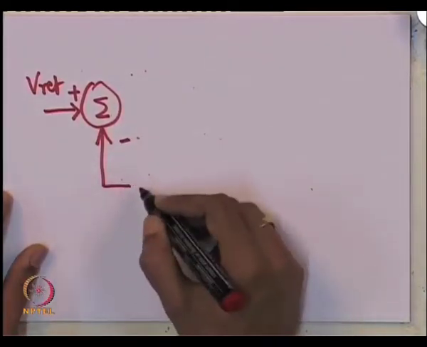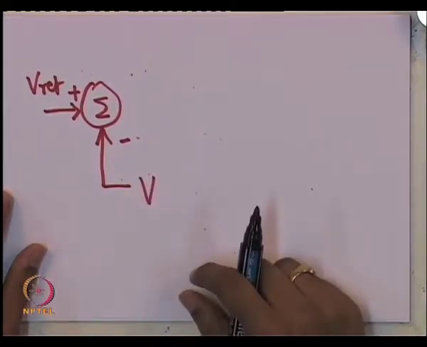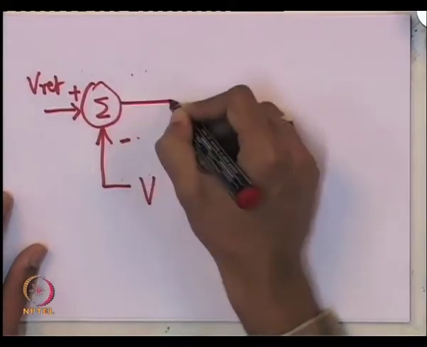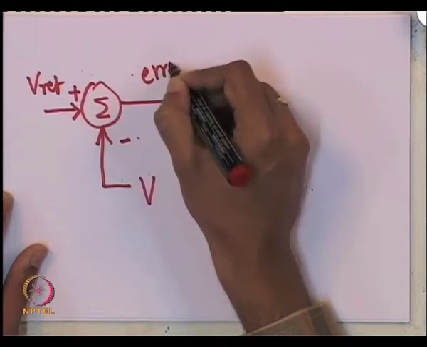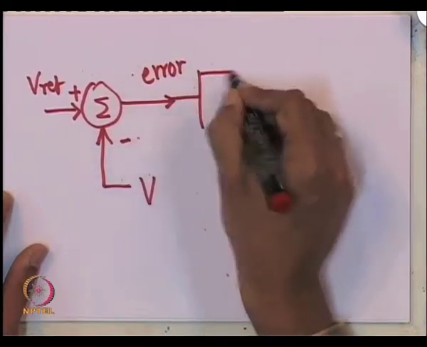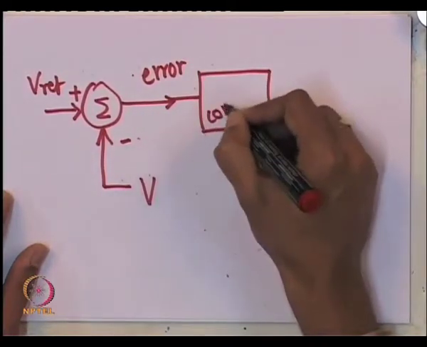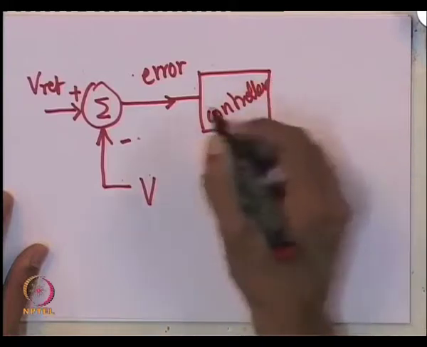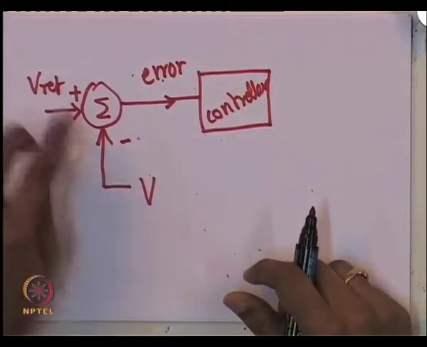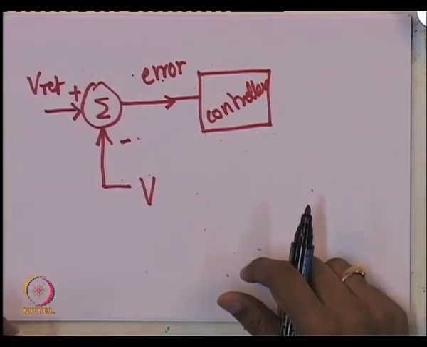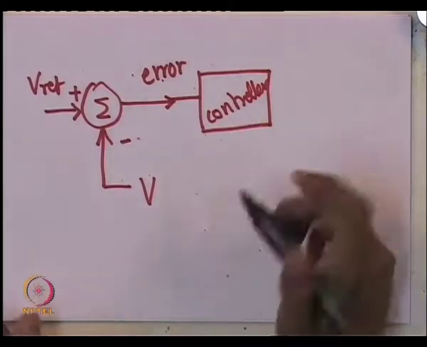It is compared with the terminal voltage of the machine. Okay. So, now the question which needs to be asked is, is this controller, whichever is there, going to drive this error to 0, that is, will it make Vref exactly equal to V? The answer is, well, it depends on the mathematical function used